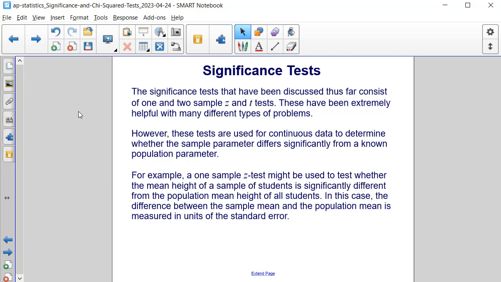However, these tests are used for continuous data to determine whether the sample parameter differs significantly from a known population parameter. For example, a one-sample Z-test might be used to test whether the mean height of a sample of students is significantly different from the population mean height of all students. In this case, the difference between the sample mean and the population mean is measured in units of the standard